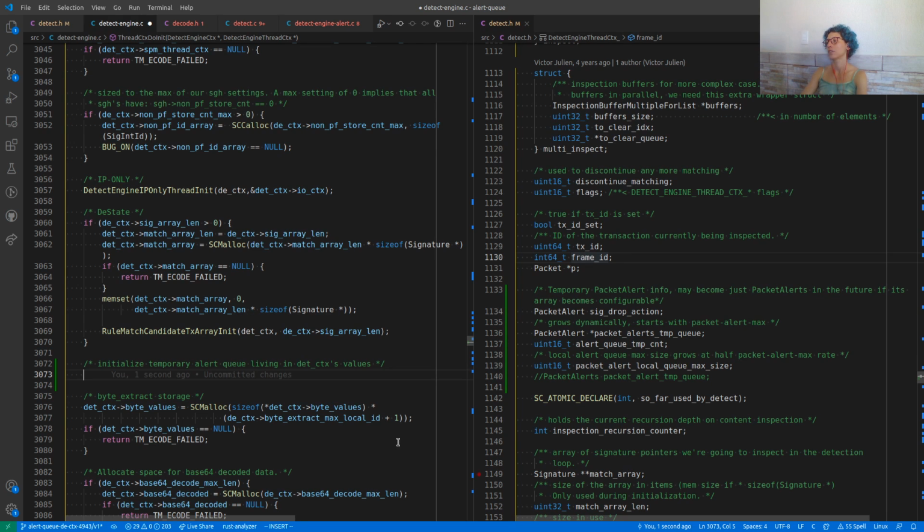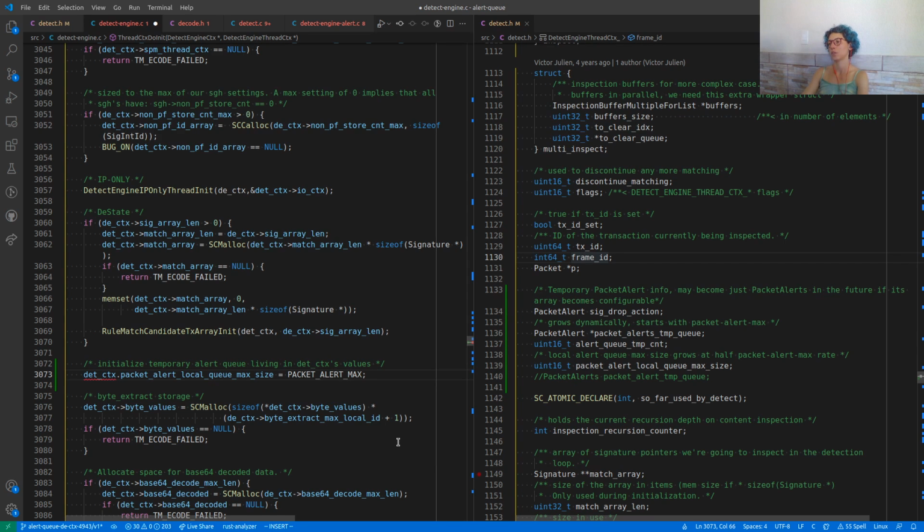I want to say that detect context dot packet alert local queue max size is equal to packet alert max.